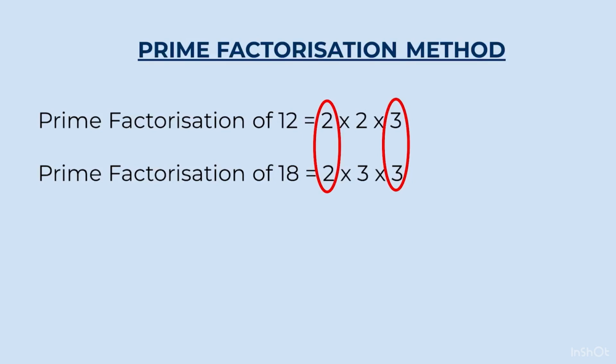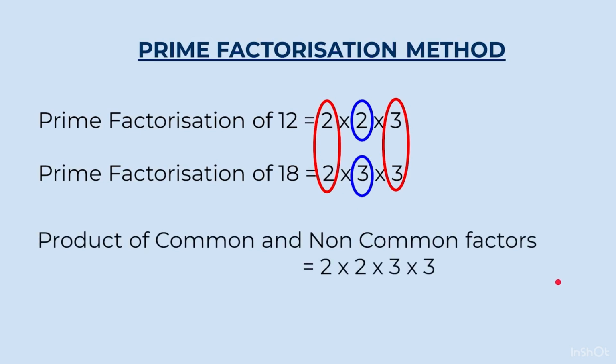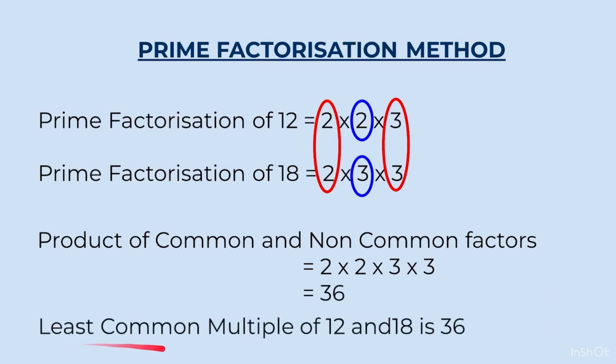Now after that we are left with two numbers which are not forming a pair. So the uncommon factors are 2 and 3. Now we will take the product of all the common and uncommon factors: 2 into 2 into 3 into 3. When we write it like this, we write in ascending order. It is considered a better practice. Notice here we made one entry for the common factor 2, one entry for the common factor 3, then one entry for the non-common 2 and one entry for the non-common 3, which gives us 36. Therefore, the least common multiple of 12 and 18 is 36.